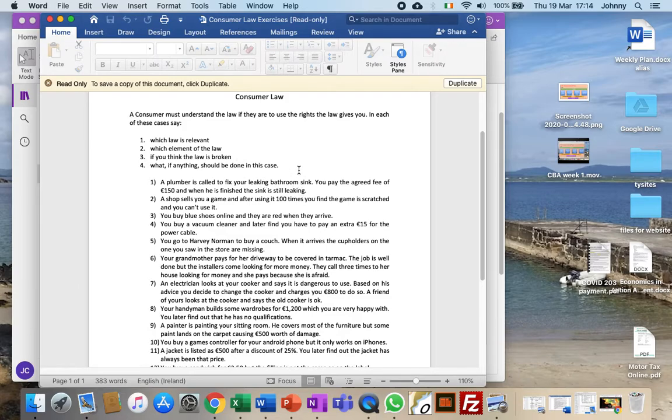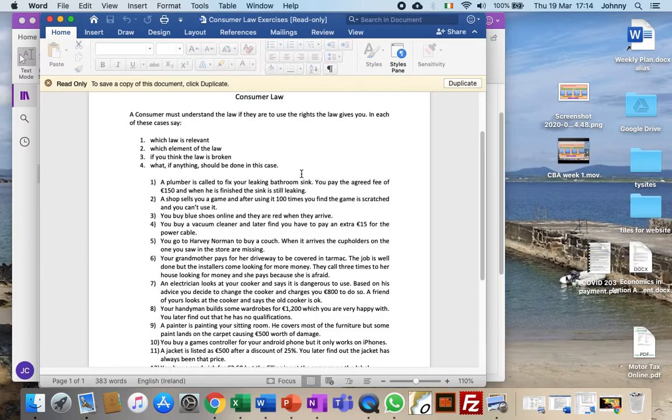What should be done in this case? Now, the first thing you should do is contact the plumber and ask the plumber to come back and finish the job, because the job is obviously not finished. If he doesn't do that, then you'd be looking to use the law to get him to give you a refund. So the three things you're entitled to, the three R's: a refund, a replacement product or service, which you can't really give a replacement service, or a repair within a reasonable period of time.